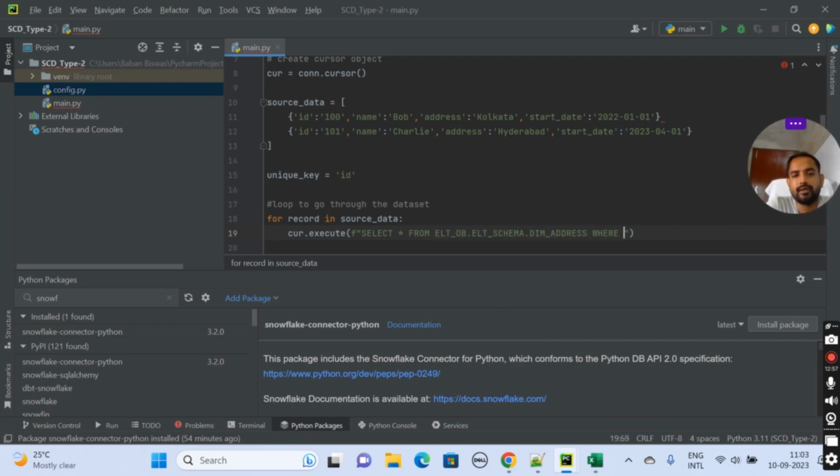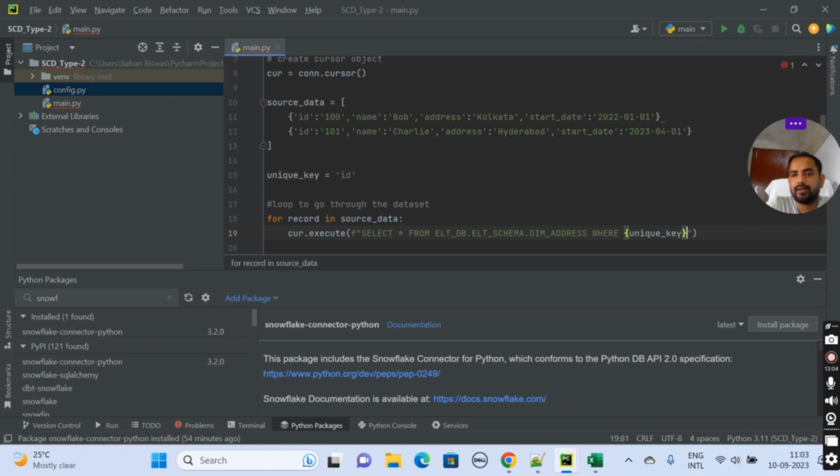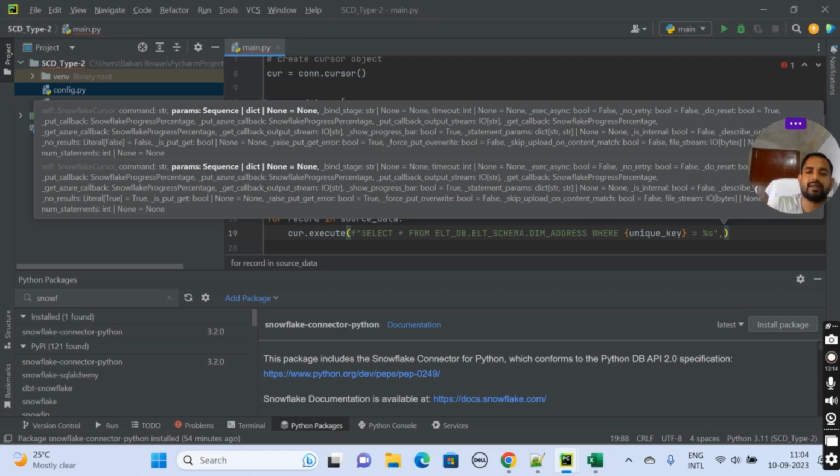Where, what is the condition? Where business key, or unique key, you have already defined a variable, right? Unique key equal to, give a placeholder. What is the placeholder? Percentage s. So where should this placeholder get the data from? That is nothing but a tuple containing a single element.